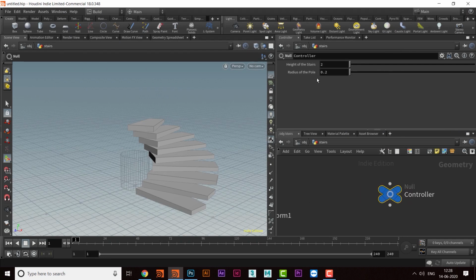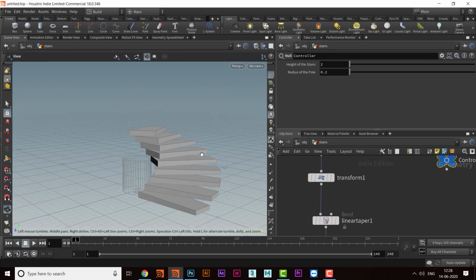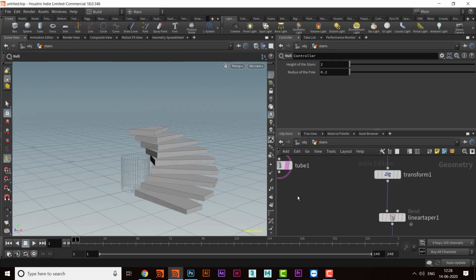Name it controller. So these are two values. Now we will connect these values to this one. So first of all, the radius of the pool.